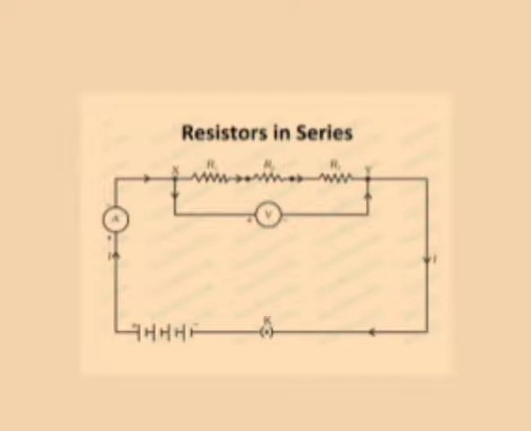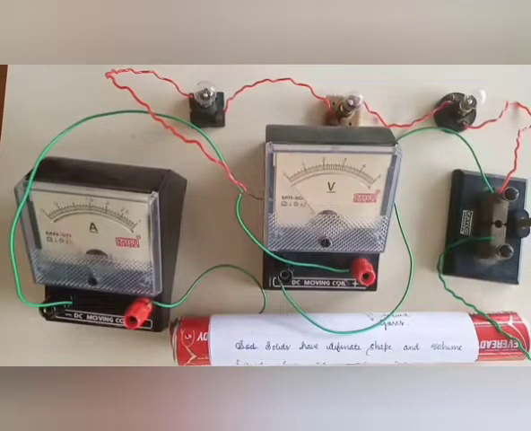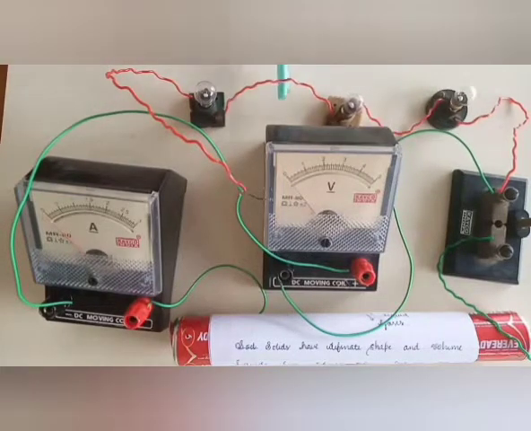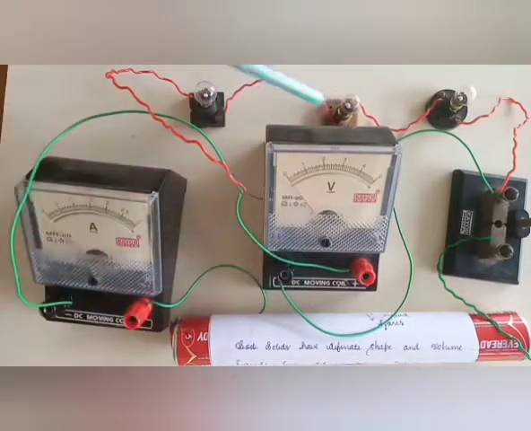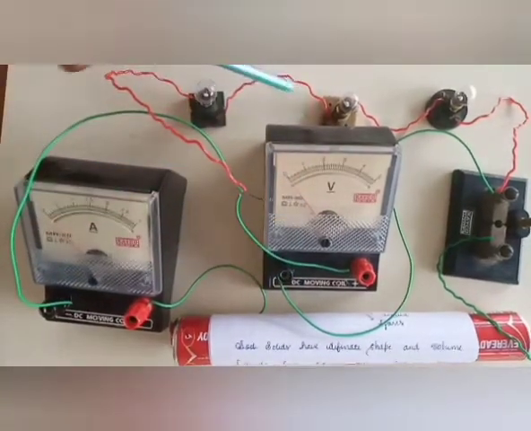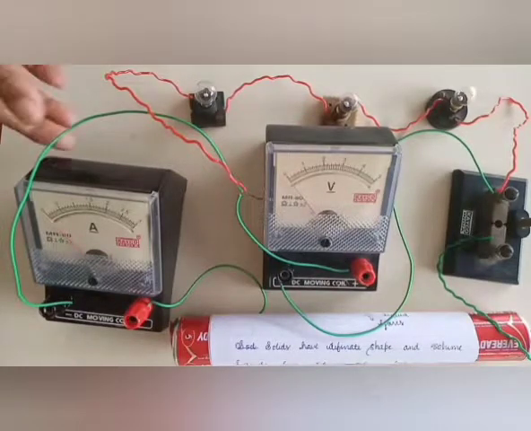Construct a circuit using all the components. Look at the circuit. In this circuit, I have used three resistors, bulbs 1, 2, 3. The filament used in an electric bulb is tungsten. The resistors are connected end to end. This type of arrangement forms series connection. Here, voltmeter is connected in parallel with the resistors. Look at this connection.